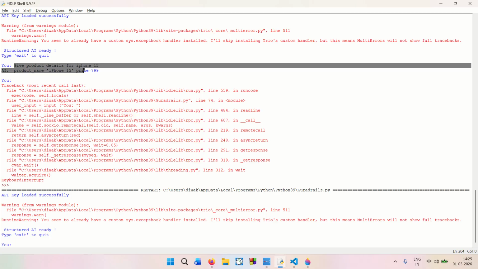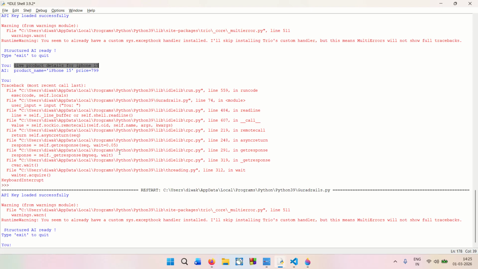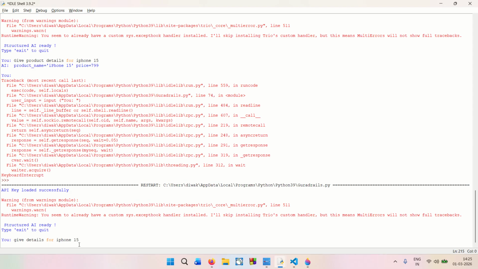But the initial understanding is that the guardrails would not be followed properly, right? So it might deviate from the behavior in the first scripts, right? So this is a soft guardrail. Anyways, it is following the output, which we are trying to showcase over here. But if we do not provide any outputs over here, right? So let's say if I take this out and I do not give the instruction,